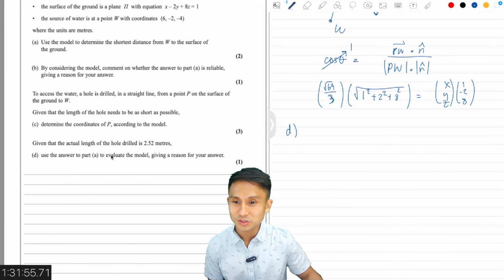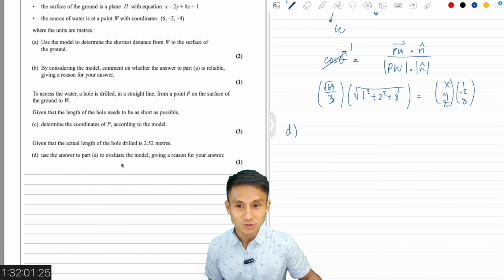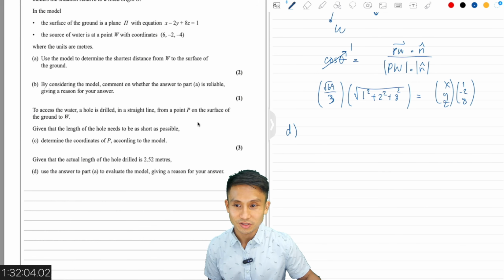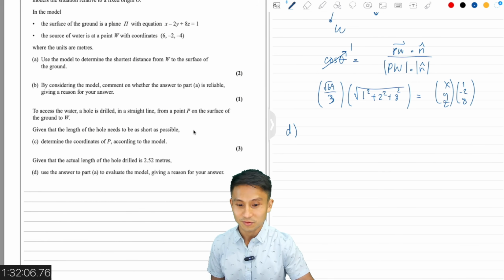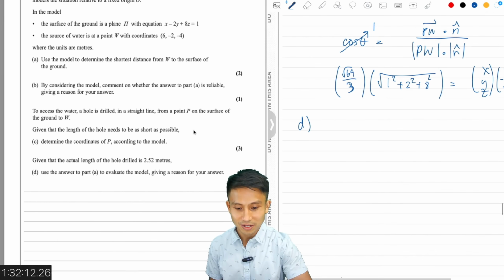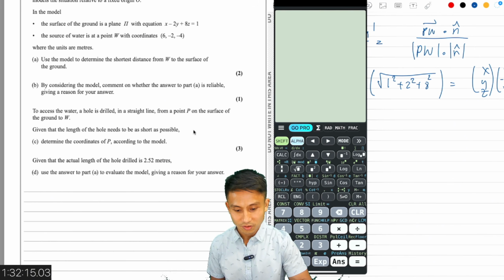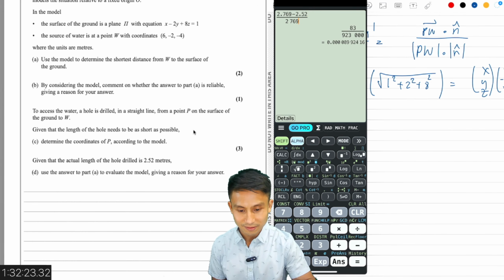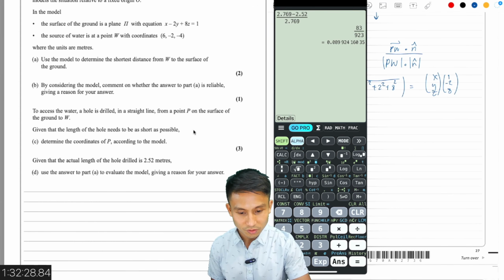Given that the actual length of the hole drilled is that, use the answer to part A to evaluate the model, giving a reason for your answer. The answer to part A, well, part A we have it, right? So part A was 2.769. Well, let's find the percentage difference. So 2.769 minus 2.52 divided by 2.769. So we find the percentage difference, yeah? And that is just